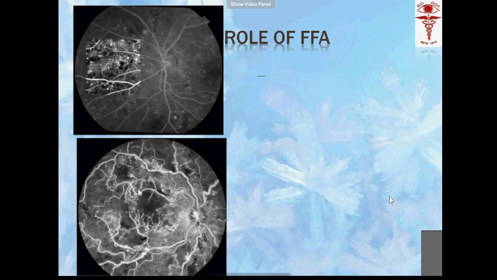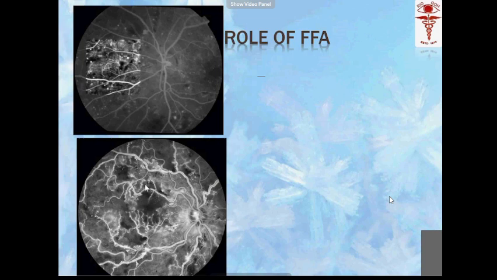This is the retinal artery. This is the vein. You can nicely see the venous tortuosity and dilatation. And you can see an area where there are absolutely no capillaries. This is called an area of capillary non-perfusion or capillary dropouts. So in these cases, whatever treatment you give, the patient will not improve his vision because everything will be gone in this place. There will be no rods, no cones, no vessels, nothing.